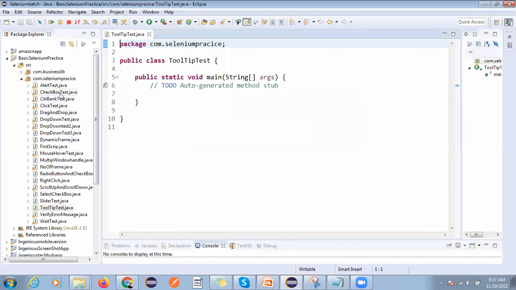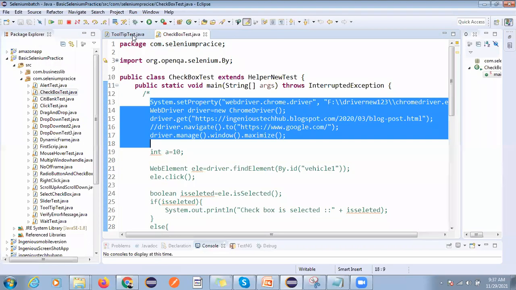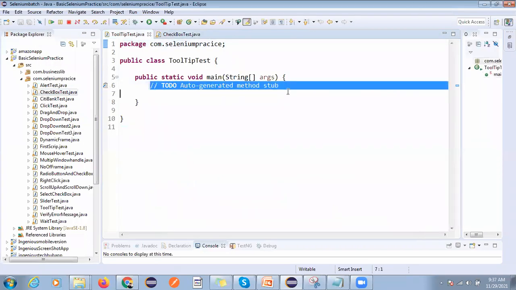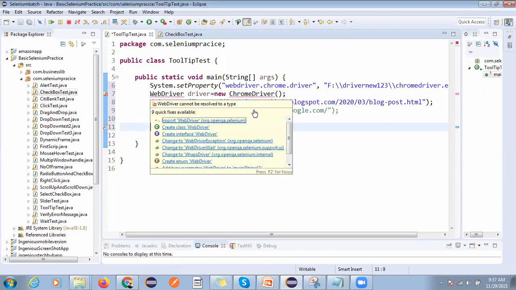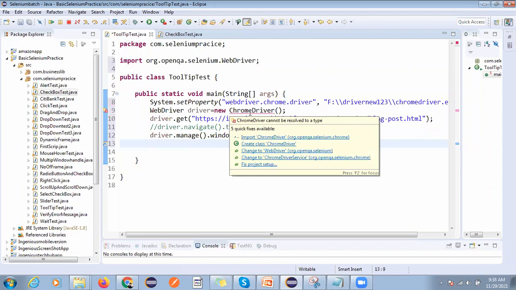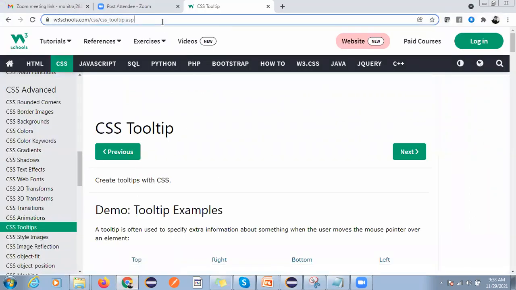Okay, so now I'll copy this code, and here you have to import this driver, and I will use this URL.